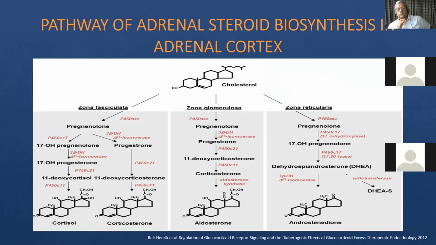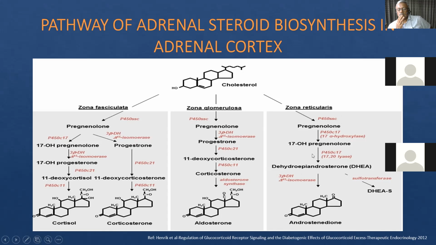This image shows the pathway of adrenal steroid biosynthesis in the adrenal cortex. All these hormones are synthesized from cholesterol. In the zona glomerulosa, aldosterone is synthesized from cholesterol through various steps: it is converted into pregnenolone, then progesterone, 11-deoxycorticosterone and corticosterone. Similarly, in the zona reticularis, the sex steroid hormones are synthesized from cholesterol through various steps, like